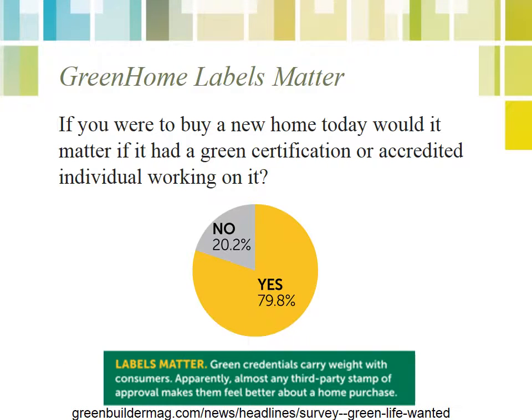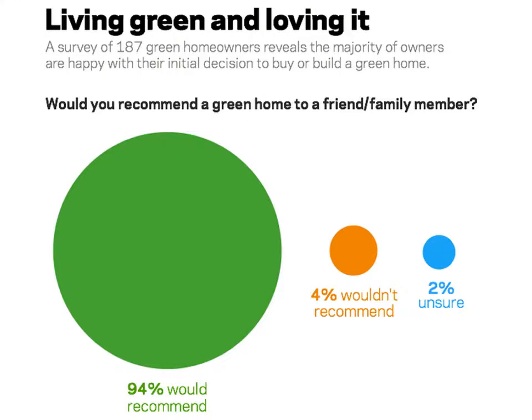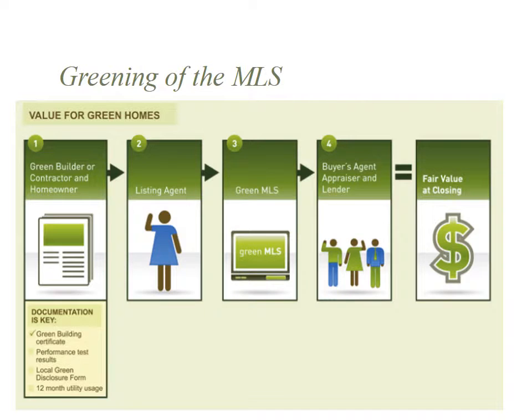80% of consumers are saying if they were... 187 green certified homeowners on the National Green Building Standard. More than 94% of them would recommend a green home to a friend or family member. And that the multiple listing service, which helps value green homes and allows them to be sold at a higher